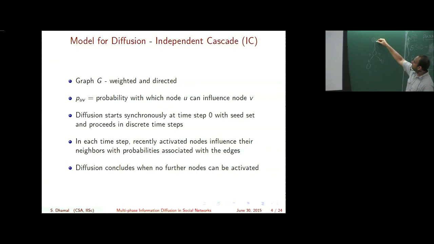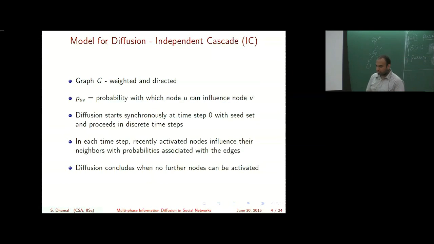Then he suggests this particular product to this person with probability 0.1, and this person buys the product with probability 0.1. Suppose he buys it. So he becomes what is called a recently activated node. In timestamp 0, the seed was activated. In timestamp 1, he gets activated. And suppose he again tells the other people to buy the product. So this is probability 0.2, 0.3. Then again, they buy the product with the respective probabilities.